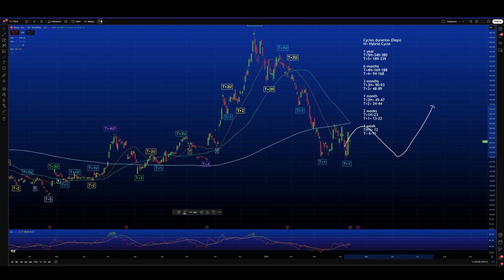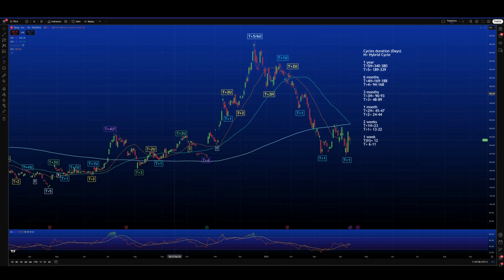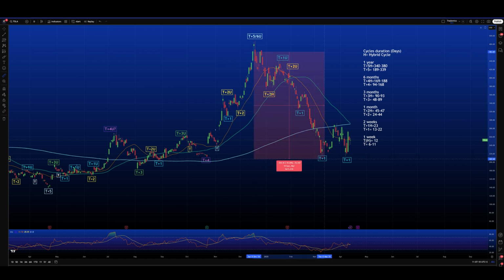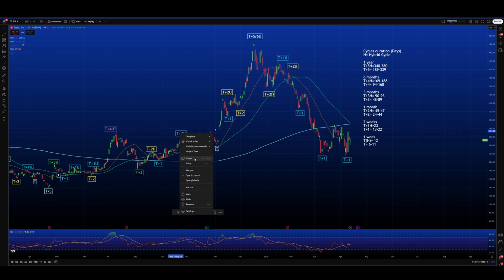Okay, this is something that we cannot predict, because here we don't have a crystal ball, and we don't, let's say, talk about opinions, and we do not talk about the geopolitics, etc. We need to look at the data, and we need to look at the numbers. From this top here until this top here, we have the closing of the T+3.